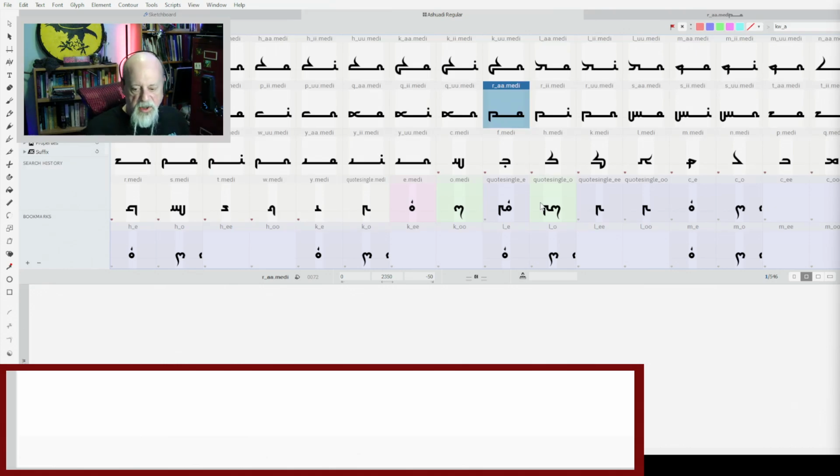They have to start up a Java program, run it, type in the text that they want using all these complex combinations, and then save it as a graphic, and they can include that in a document. When I'm done my font, if I ever finish it, you can just be writing your document, switch to Gardiner's Egyptian, my font, type in the same codes that you learned to use on the Java program, and it will write it all out. Then you switch back to English and carry on typing again. And that kind of works.